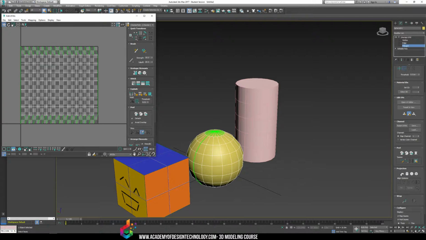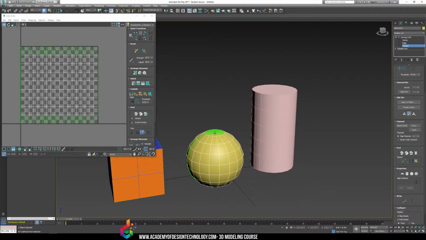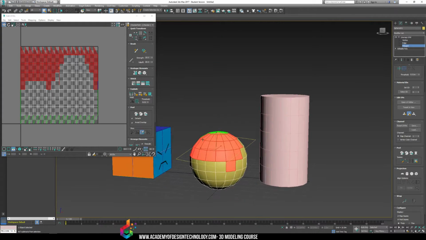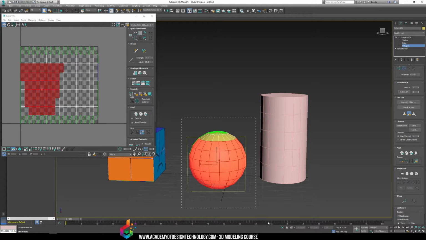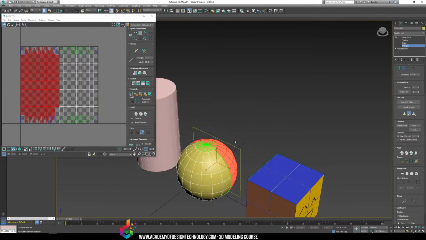So we learned about projection maps and how to quickly project planar maps around a box to separate the different parts of a box. Now we can do the same thing for a sphere as well. So I can grab polygons on my sphere, but wait, every time I look at something through my camera, I can only grab the polygons I'm seeing. See this? So I'm like, okay, well,